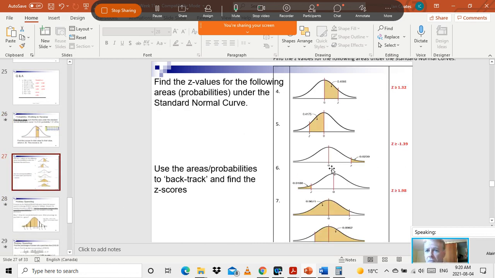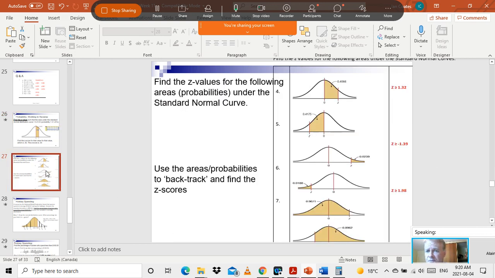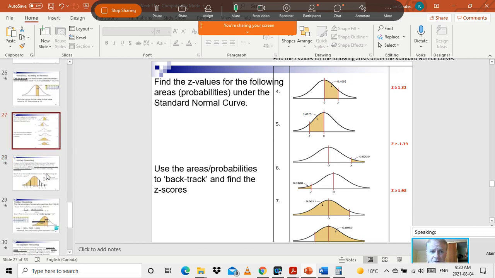Here are some more that I've given you here. So here I've given you the area, the probability, and asking you to find the Z score. So you're just working backwards, you're just backtracking, which is exactly the same as this slide here. So hopefully there, that shouldn't be too bad. Okay, let me know if there's any issues. We're getting down to the nitty-gritty now, and